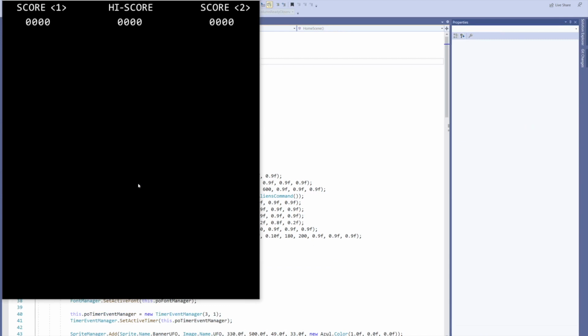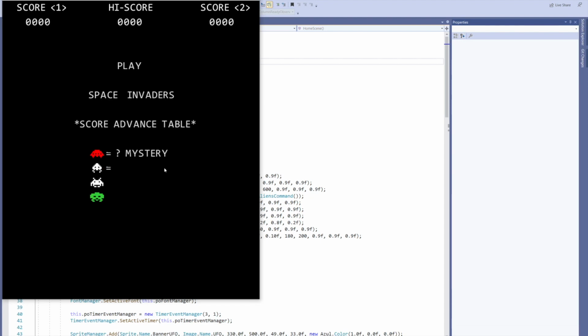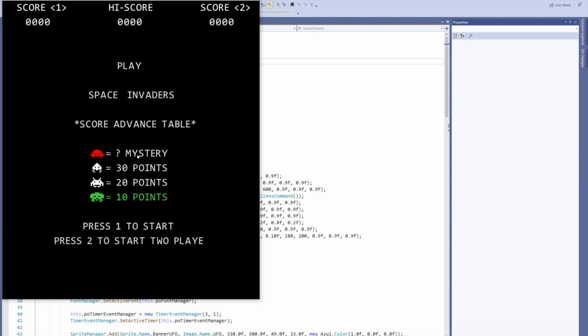So we can see this is my home screen. On the top the scores and high scores are going to be displayed, and these are the instructions for the game. For each type of alien there are different points allocated, like 30 for squids, 20 for crabs, 10 for octopus, and for the mystery UFO it can be random, from 50, 100 or 150. I have also implemented a two-player mode, but let me start with the player one mode by